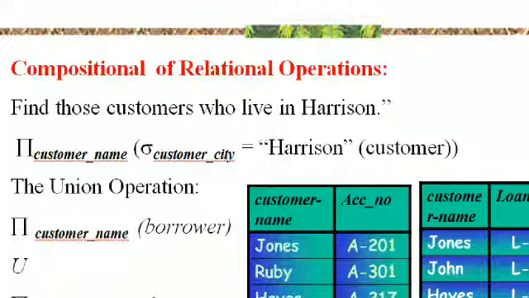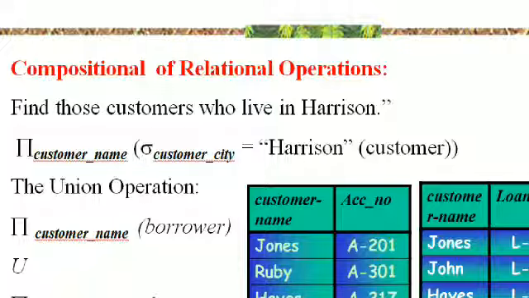So pi customer_name in brackets sigma customer_city equal to Harrison in brackets customer. So we get the customer name column, and under that column we get only those rows